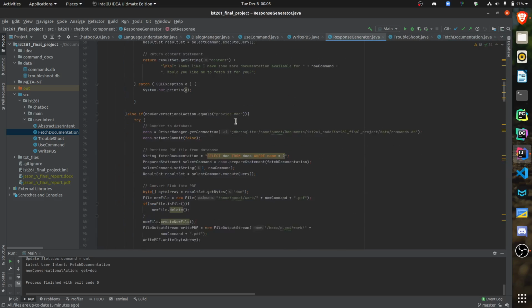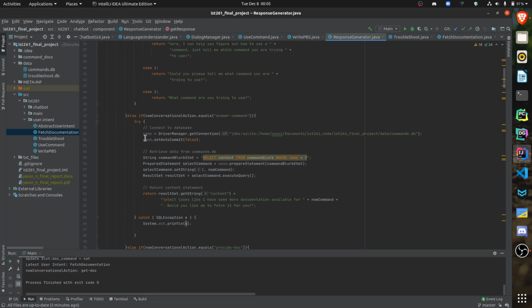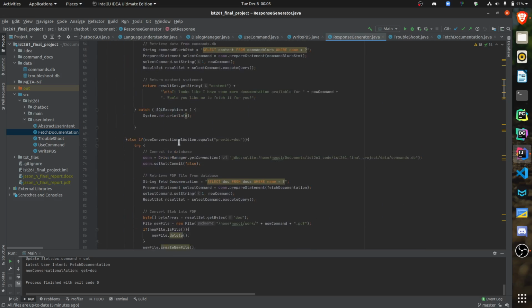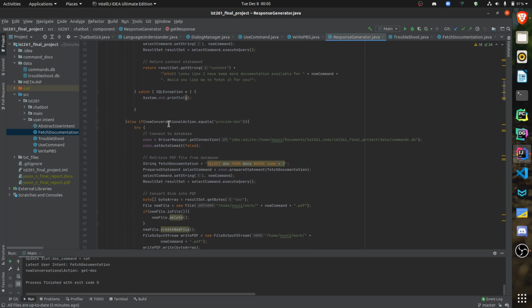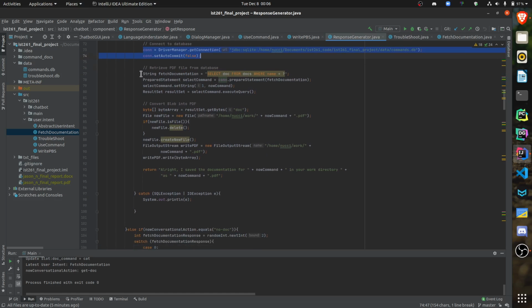The one thing I changed here is for the use command intent. I think it's here. I now pop open the database. If the conversational action equals provide doc, that's basically, okay, the user wants the documentation. So you'll see here that I connect to the database, and then I prepare my